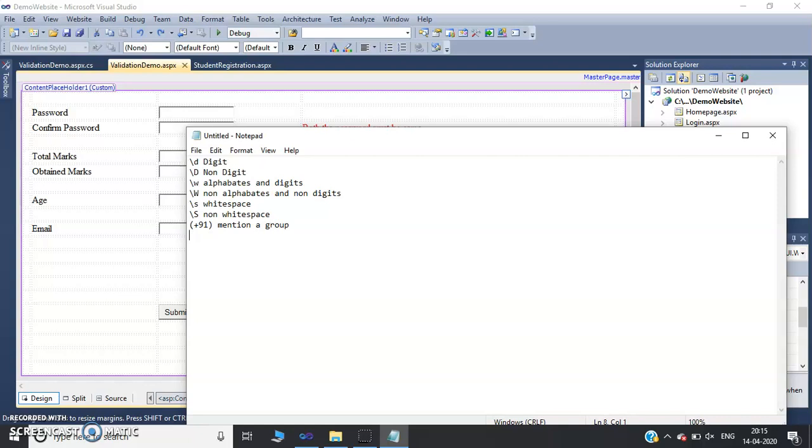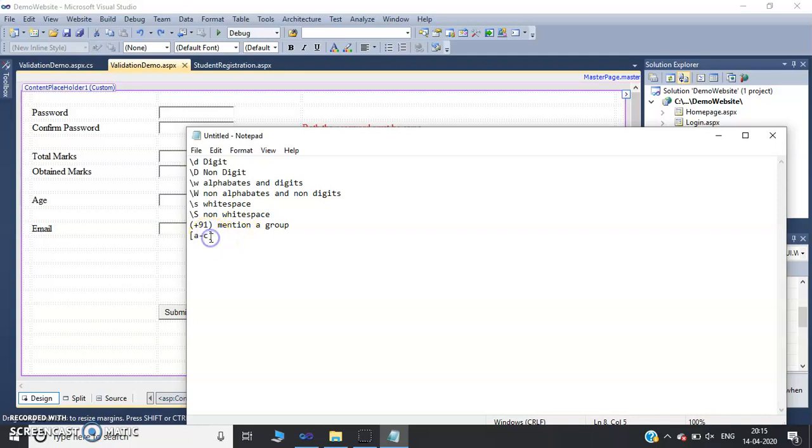Similarly, you can specify a range of characters. To specify a range of characters, you can make use of square brackets. Here, if you mention small a dash c, it will accept only small letters a, b and c.